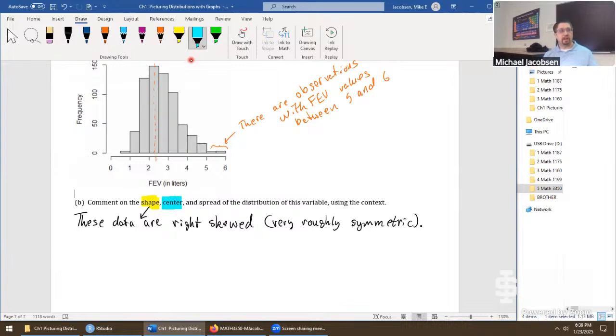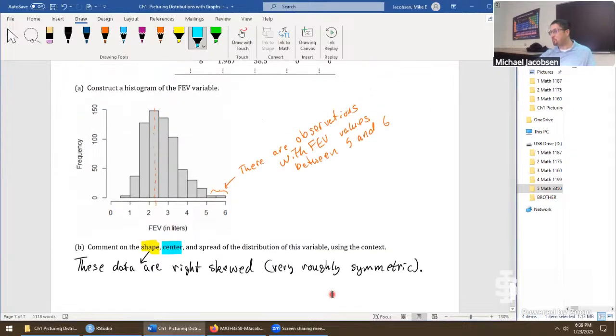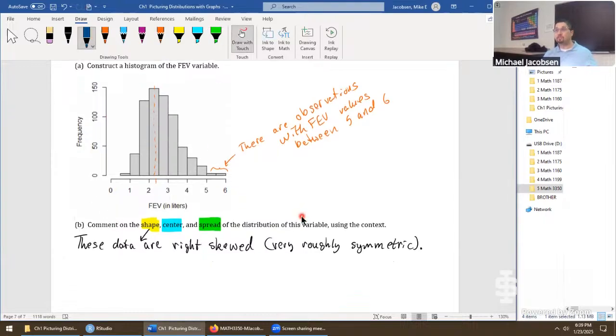The next 2 steps, I have to admit to you, feels really uncomfortable with what we're about to do, because this is really a topic that fits better into chapter 2. But think of what we're doing when we describe the center and spread. We're just inching towards our objectives in chapter 2. When we say center, we're talking about a number between 0 and 6 that does its best to summarize all of the data that you see here, the most typical observation. It's where the data is clumping at the most. We call that the center of the data. But what we're doing here is we're describing it purely qualitatively. We're just eyeballing it, in other words.